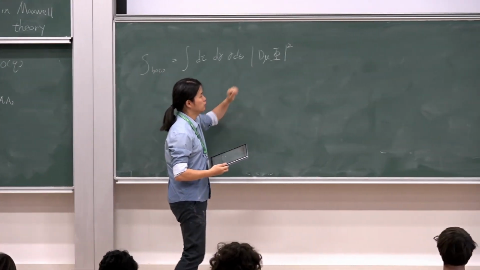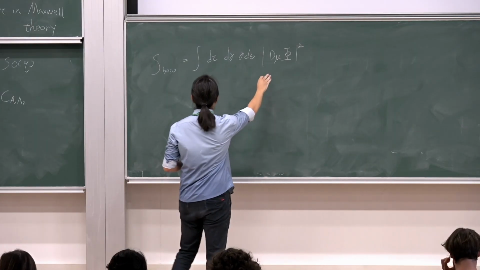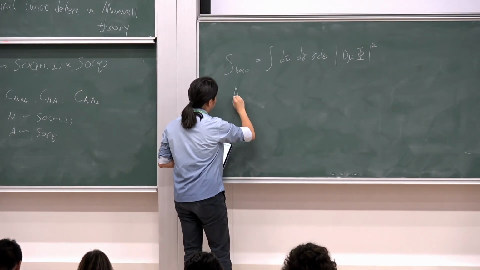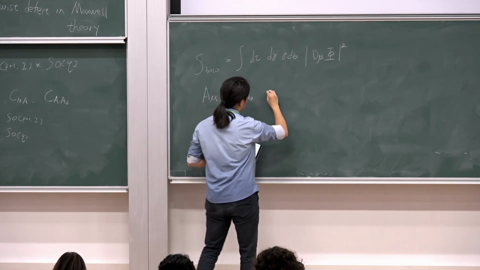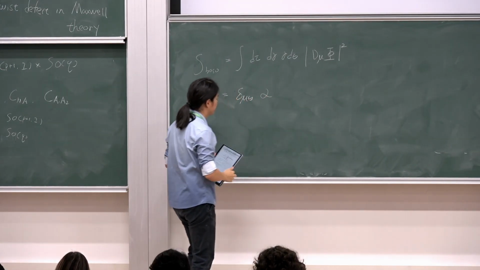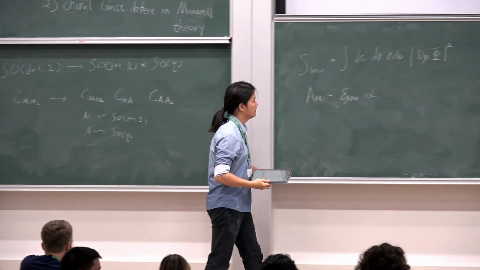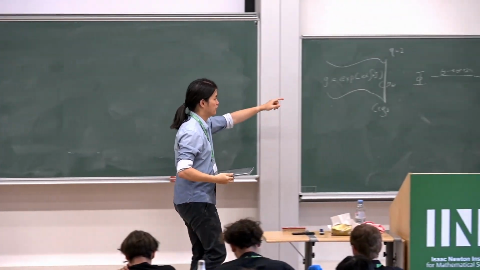Here, D_mu represents the covariant derivative, and you can couple the free complex boson to a background such that A_mu is proportional to alpha. Okay, you can check that by parallel transport, this phi field indeed,